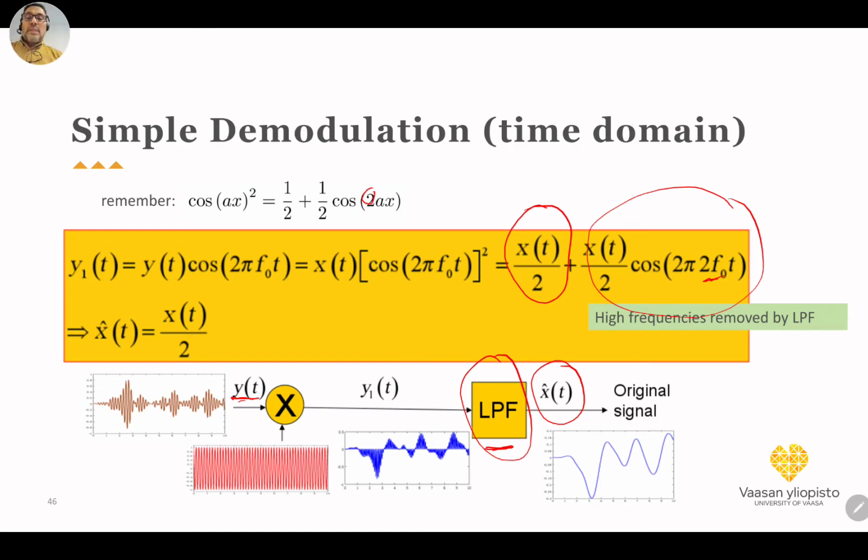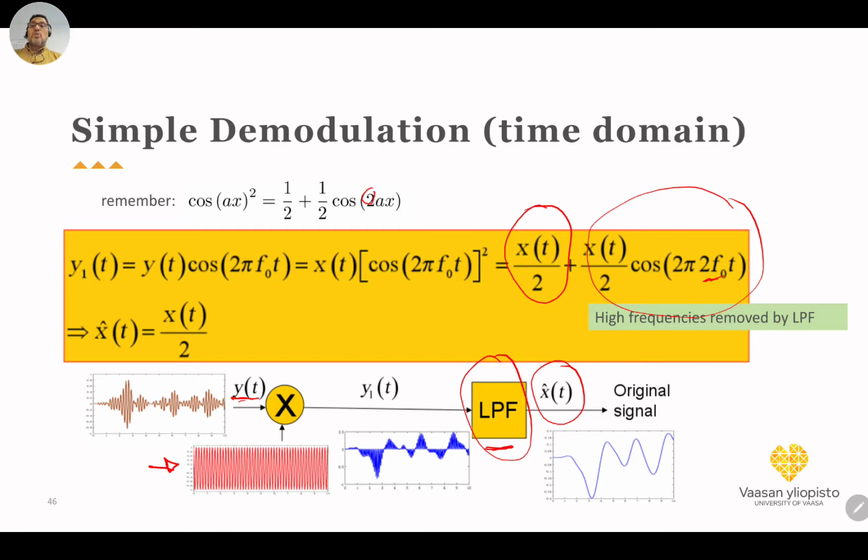Remember that in a practical system, many times we cannot generate exactly the same original signal cosine 2πf0t. There will be some drift in the frequency, or also because of the propagation properties, the received carrier will be shifted by the Doppler frequency if the receiver or the transmitter, or even something in the environment is moving. Then we might have Doppler frequency, which makes a shift in the frequency, and this makes the